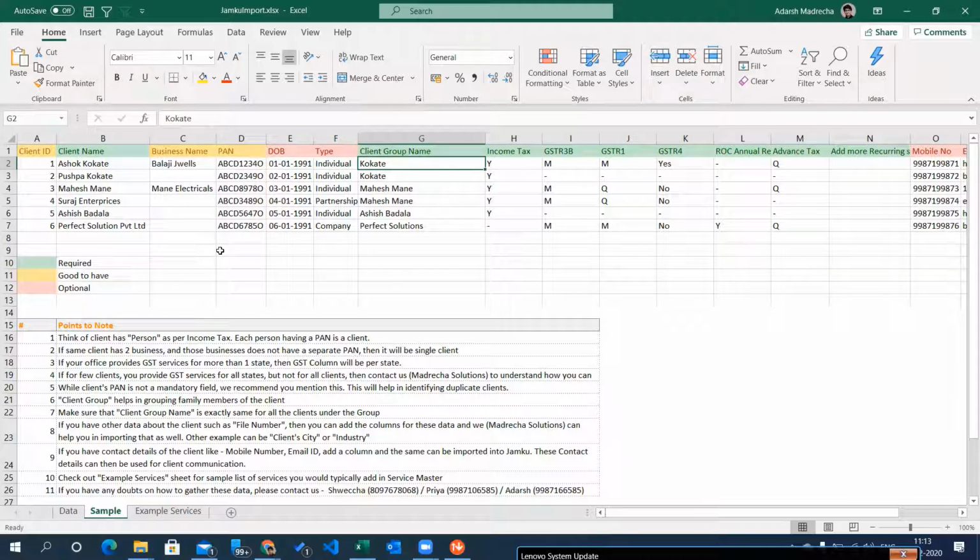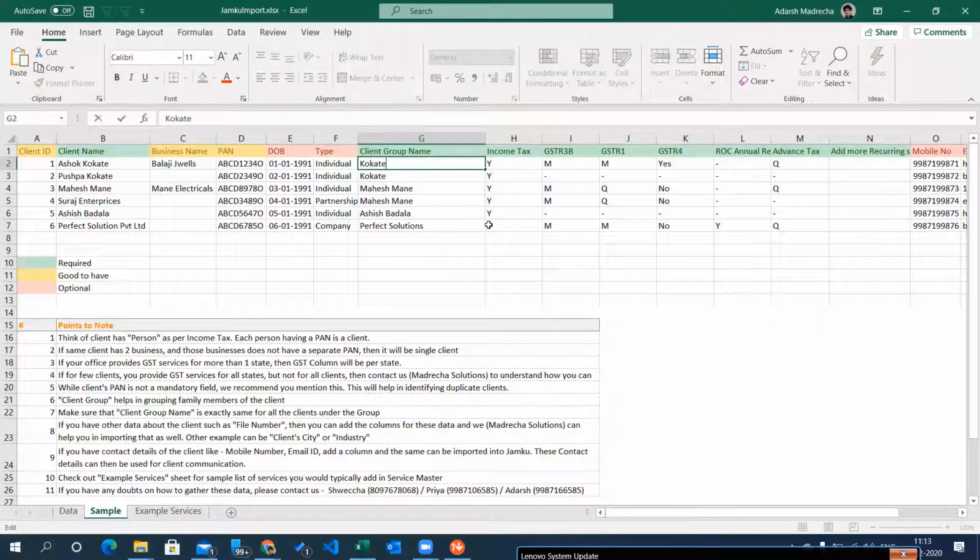Here, the idea is to group all the clients basis their family. So here we have husband and wife, Ashok Kokate and Pushpa Kokate. So we have grouped them together into a client group name called Kokate. Whenever you are creating this kind of a grouping, it is important that you mention the client group name exactly the same, because as you will see in the next steps, how we will be generating these client groups.